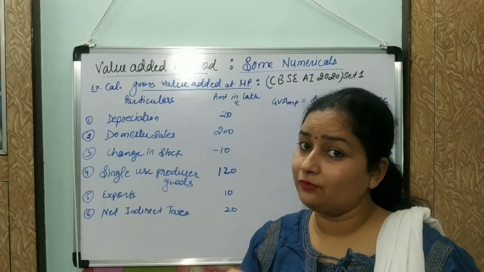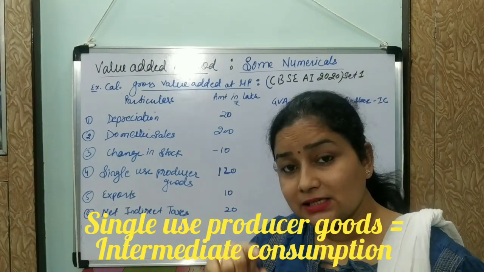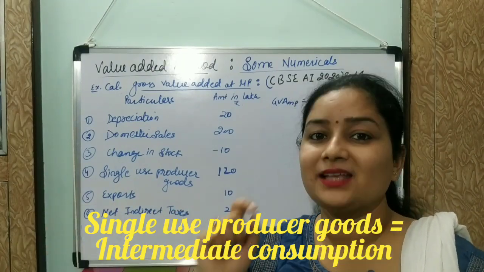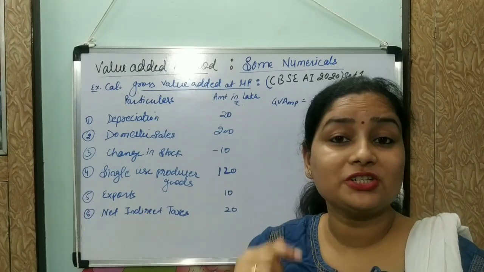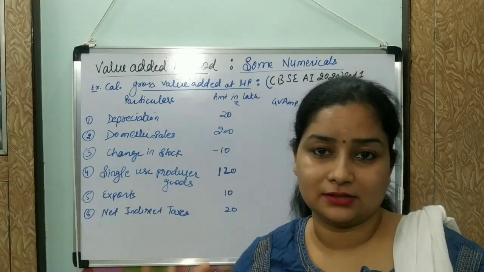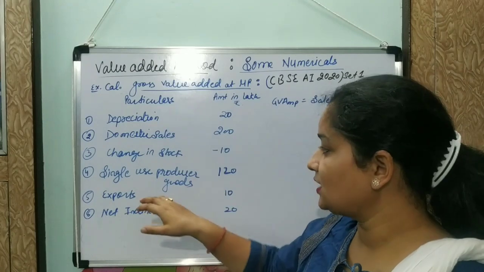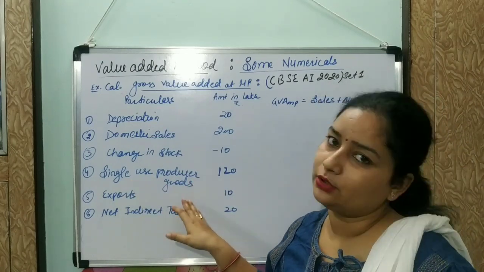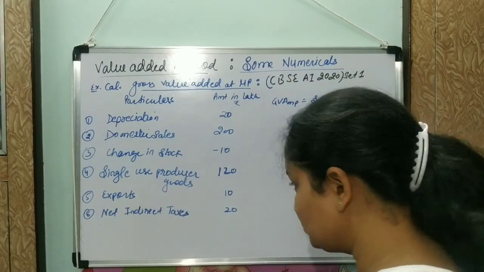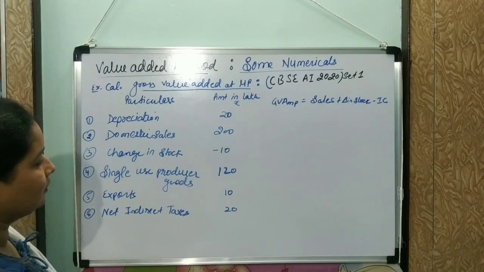So the raw material that came, once it is used, will be considered as a single-use producer good. And this is the reason that we are not adding purchase of machinery as intermediate good. Why? Because machinery is used again and again in different financial years. It is a capital good, so it cannot be added for this. This is why we are adding only single-use producer goods, because once it is used, it will not come again. So here we are going to use it as intermediate consumption. Another name of intermediate consumption is single-use producer good.